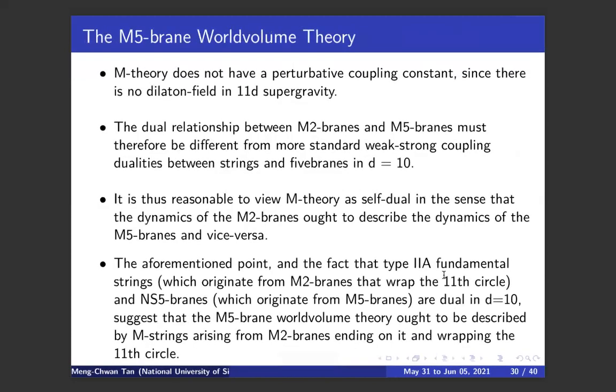Okay. So the M5-brane world volume theory. We have talked about Braverman-Finkelberg, its generalizations, little string theory, and how we were able to use the auxiliary sigma model on the base to get the spectrum for the little string theory. Let's now discuss how what we have done earlier can allow us to know about the M5-brane. It's not really surprising, because the NS5 brane is related to the M5 brane, and we're studying little strings in the NS5 brane. So that should be able to tell us something about the M5 brane.